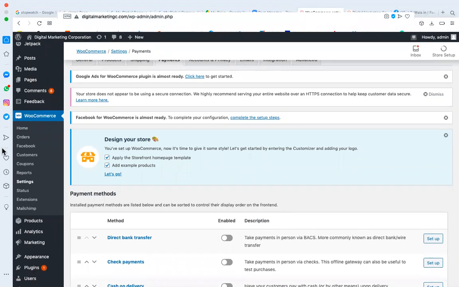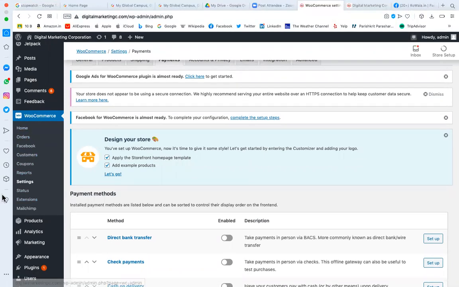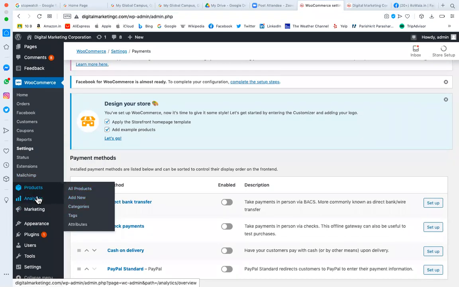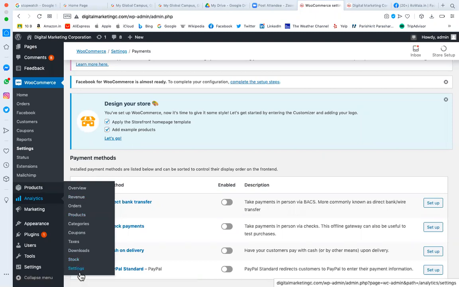So anyways, I mean to say that here in WooCommerce we have the home. This is the setting, and here you have to upload the product details. Here you can see all these details, how much revenue you have generated, how many orders last month, how much product sale, product-wise reporting, category-wise reporting, coupons you have created, coupon-wise reporting, tax-wise reporting, download-wise reporting. Stock management you can also do, inventory management you can also do. But for that you have to keep updating the inventory here.